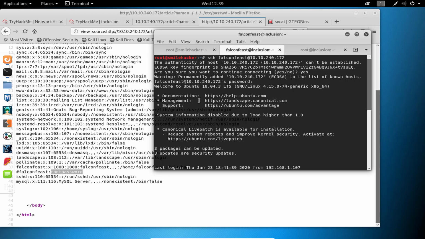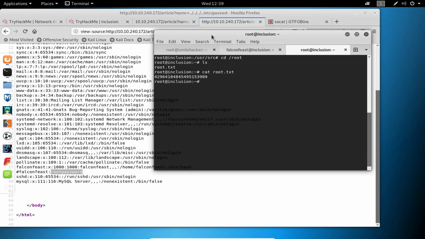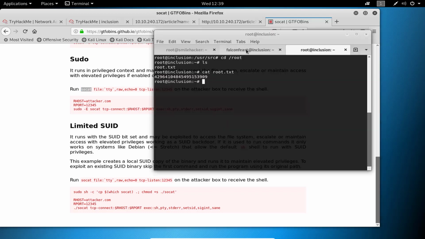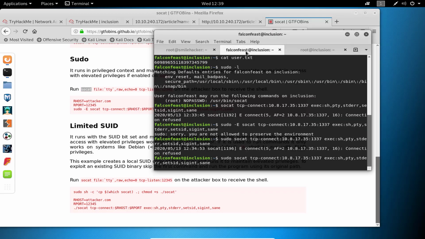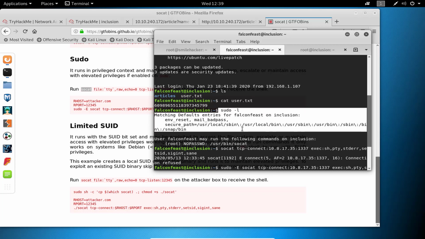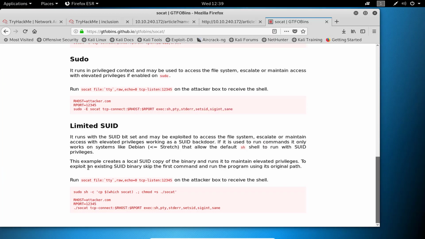After getting in, we submitted our flag. After that we tried privilege escalation using socat. We saw how we can check the sudo permissions of any user using sudo -l, and we got that exploit on GTFOBins.